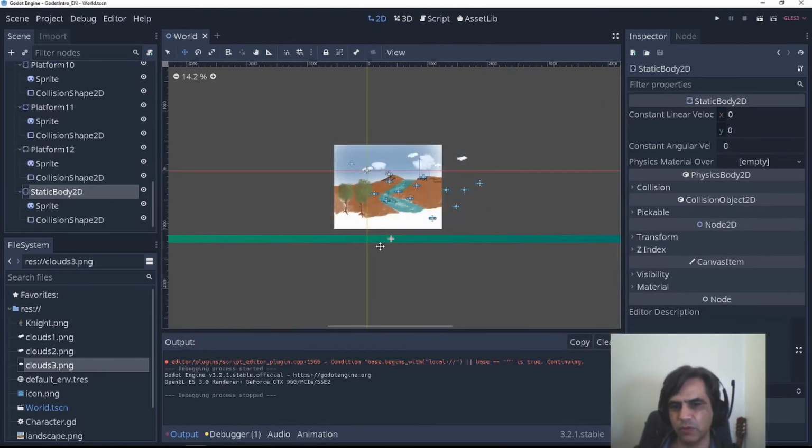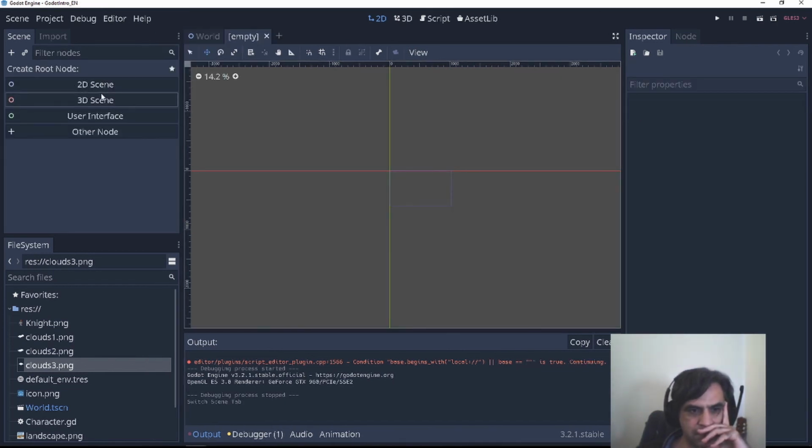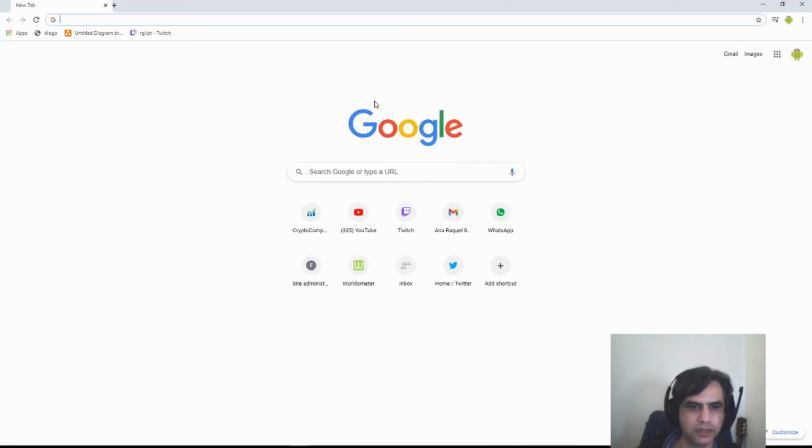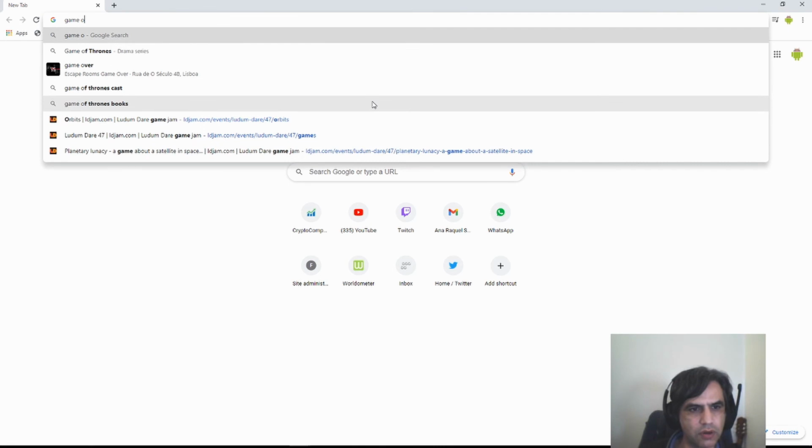But actually, I'm going to say if I fall here, I lose because it has acid, something like that, that kills the knight. So I'm going to create a new scene. 2D. Let's get one game over, man. Game over.